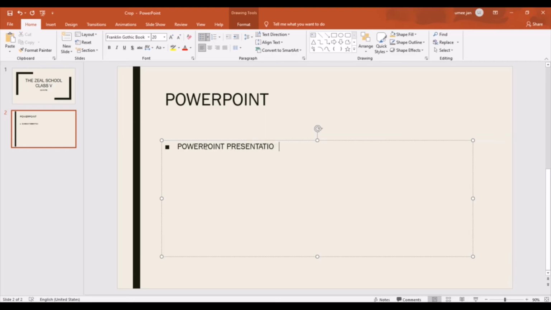We can add text, or if we want to add a picture, we can add the picture. We can insert a table, chart, graphic, 3D models, pictures, online pictures, videos and icons. So I'm going to click on picture.